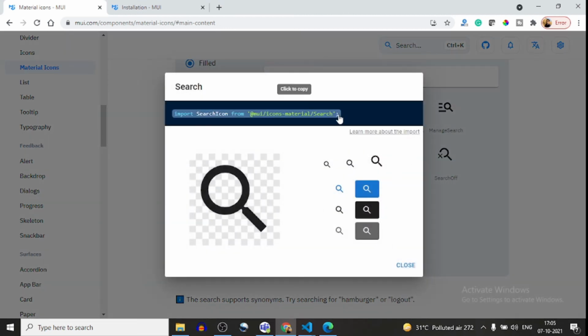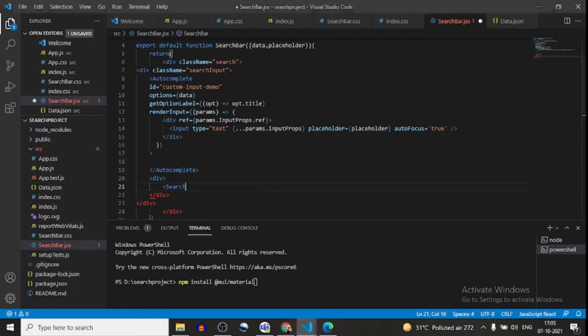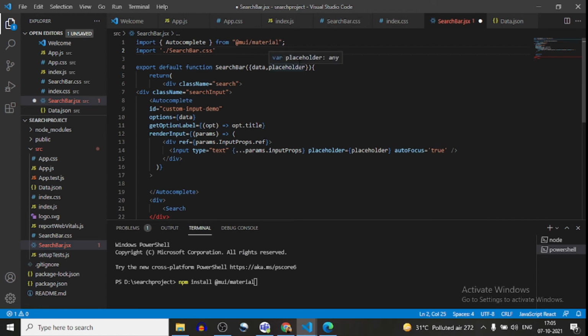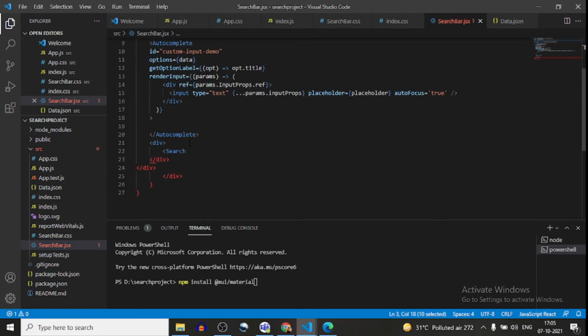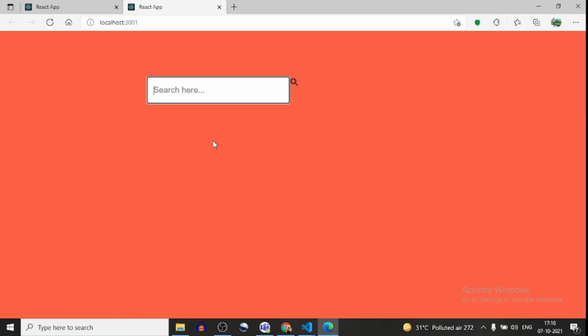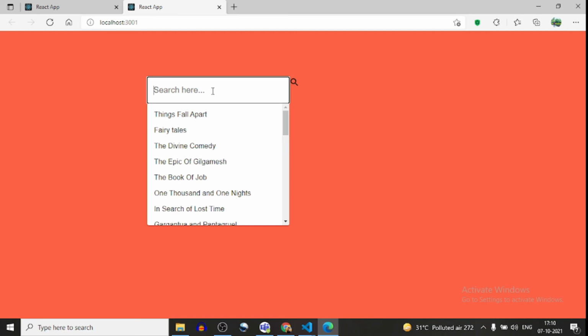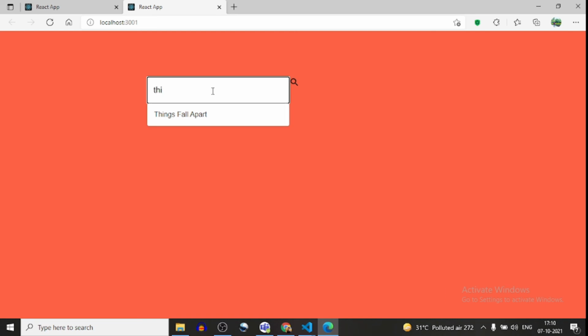I have to import this, and now I will use this search icon here. Okay, now you can see the icon is coming on the right.